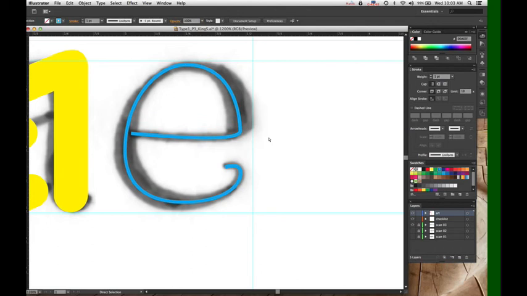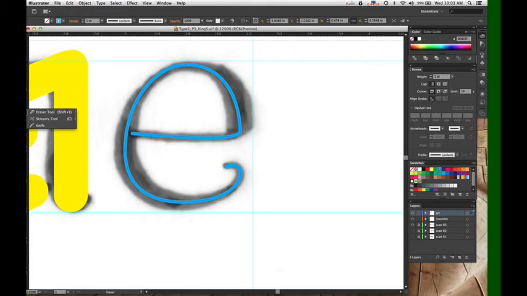So that's passable. I see what happened. This is a good demonstration. I was drawing with the pen tool, and I actually brought it very close to this other point, and it assumed that I wanted to connect them. I don't actually want to connect them, so I'm going to show you how to disconnect.